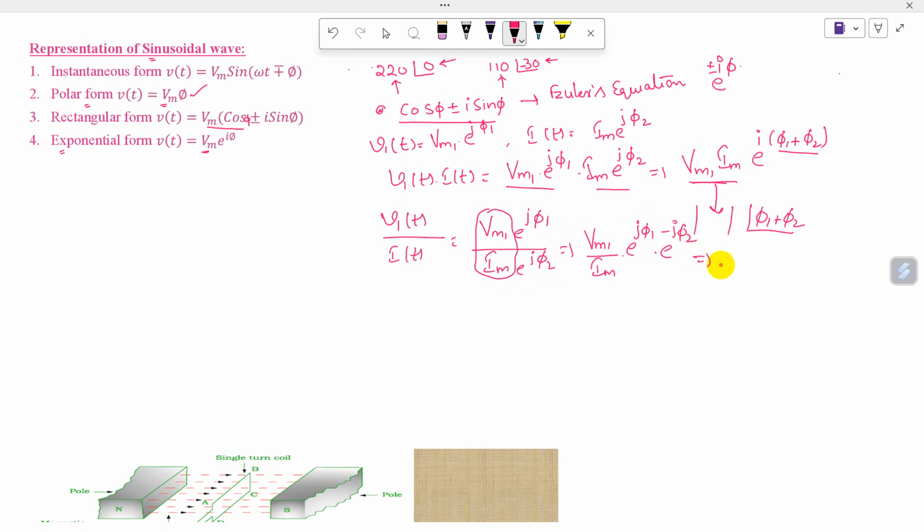So I can write this as Vm1 by Im e power j times (phi 1 minus phi 2). So in the polar form, how could you write? This is magnitude, so this magnitude is this value at an angle phi 1 minus phi 2. So division ki